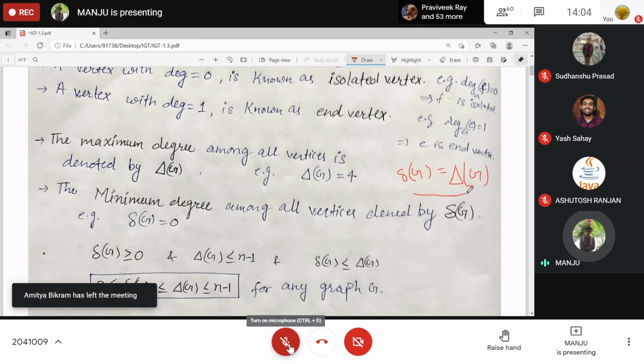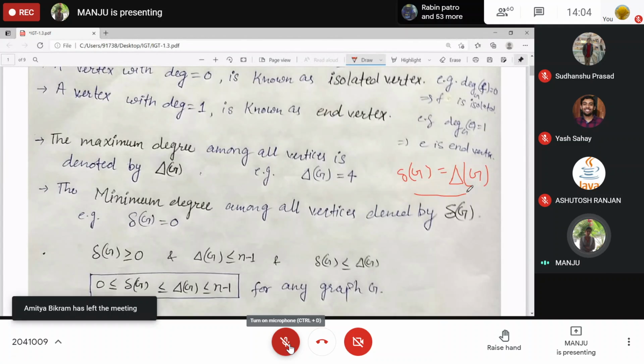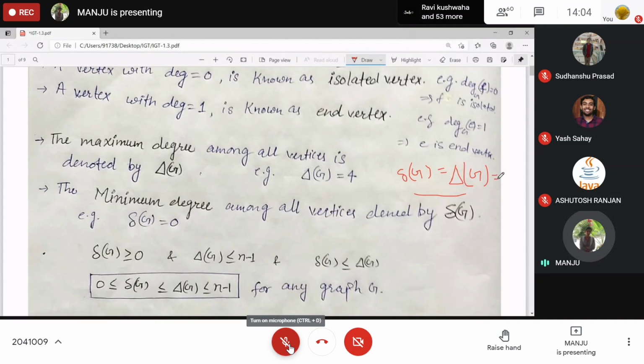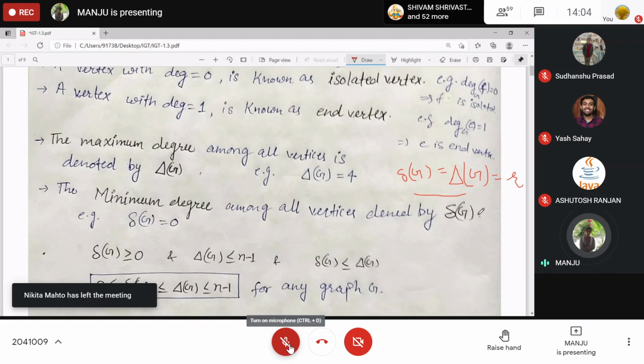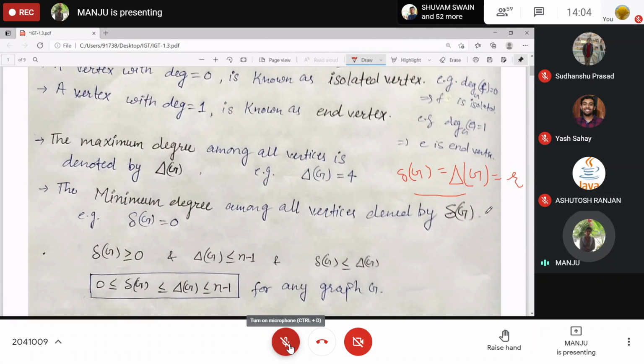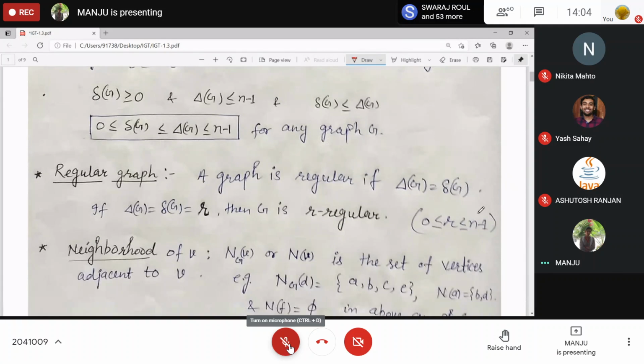So if this happens, we say the graph is regular in terms of degree, okay? And in particular, if it is R or K, then we can say this is R regular, if it is K regular. For example, it is 1, then we say graph is 1 regular. Means to say all the vertices has 1 degree, okay? Clear?